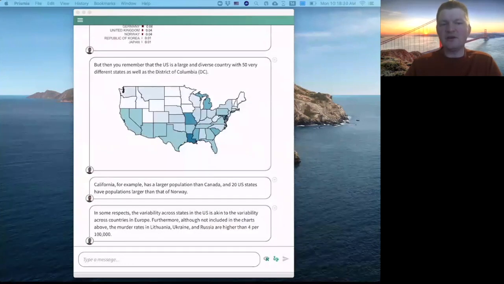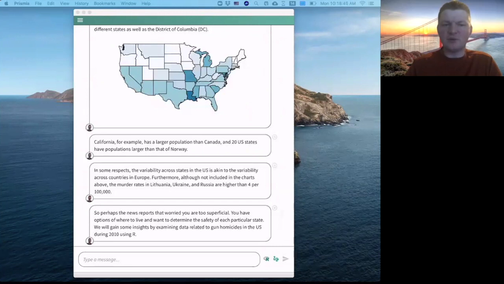Also, there are other concerns one might raise about the visualizations that we saw above. For example, not included in those charts are the murder rates in Lithuania, Ukraine, and Russia, which are higher than 4, which was higher than the US's 3.61. So it's possible here that the news reports are too superficial and you have more control over the situation than to just trust that gun safety is a big concern for someone considering moving to the United States for a job. So what we're going to work towards here is doing some analysis of this question, diving a little deeper,